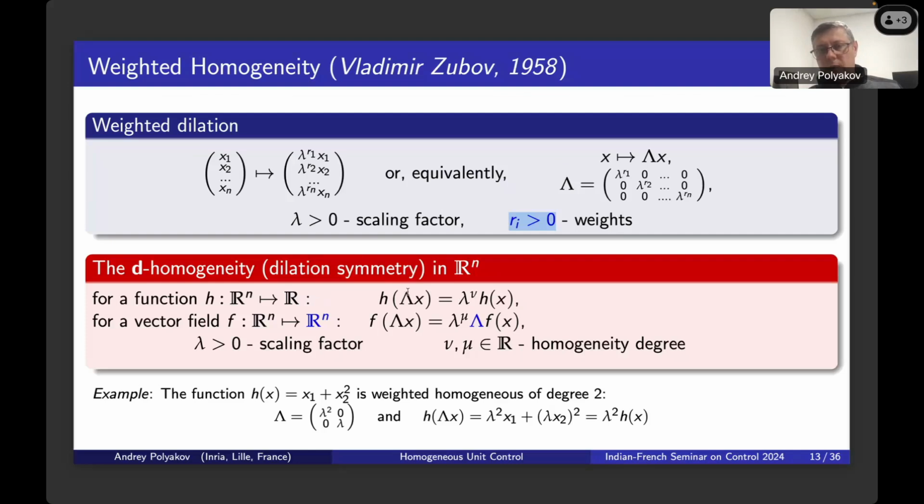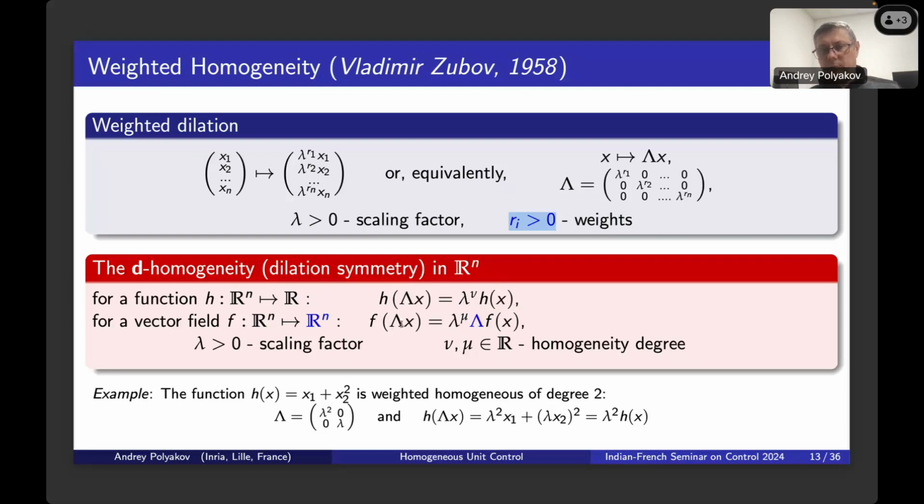So the scaling of the argument is equivalent to multiplication of the value of the function by the parameter lambda to the power nu. But for vector fields, in other words, for the right-hand sides of differential equations, the symmetry with respect to this scaling operation lambda is slightly different. It is understood like a commutativity of two operators, operator f and the operator lambda, up to some scalar lambda